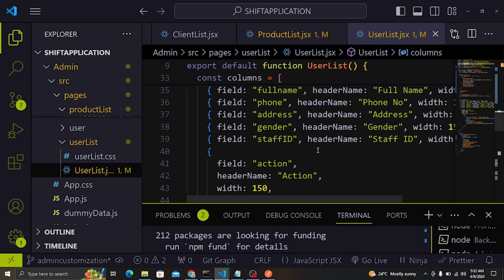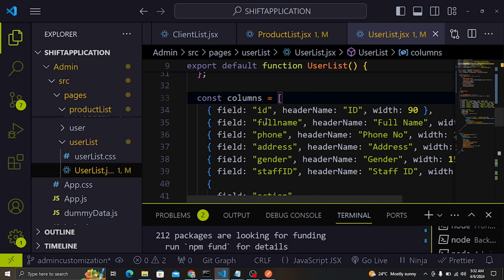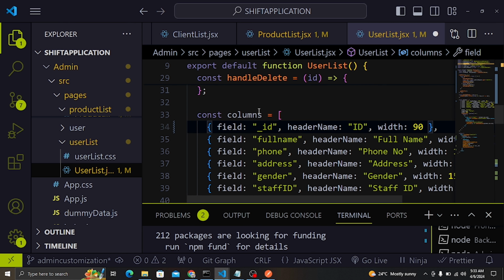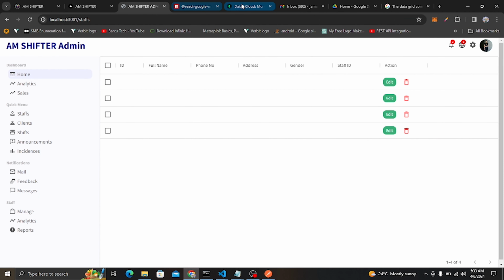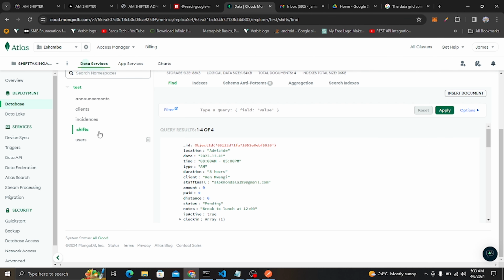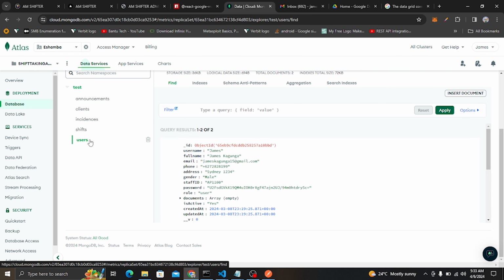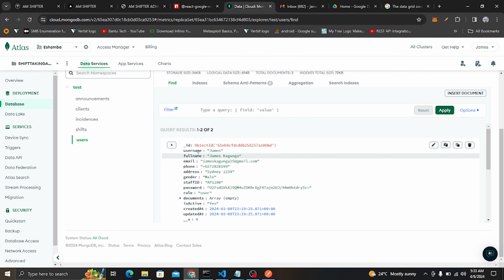So let me check if this is how they are called. Actually, I see where maybe the other problem might be coming from. So this one, it should be underscore ID first of all, and then let me see in my database if this data is corresponding well with my data in the data grid. So users here, my users. So let me come here in my users. You can see username here, full name,